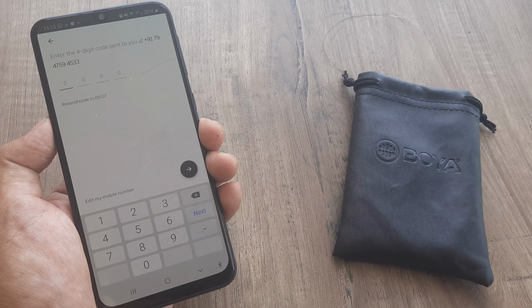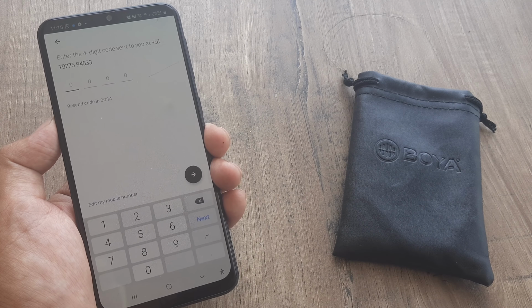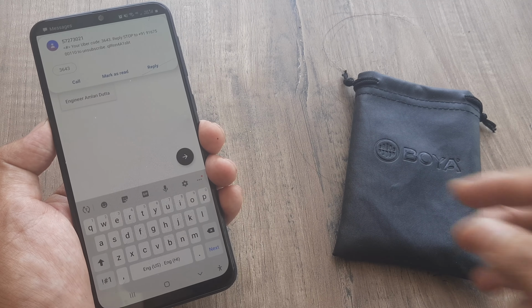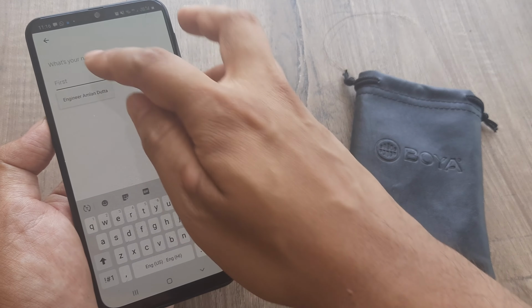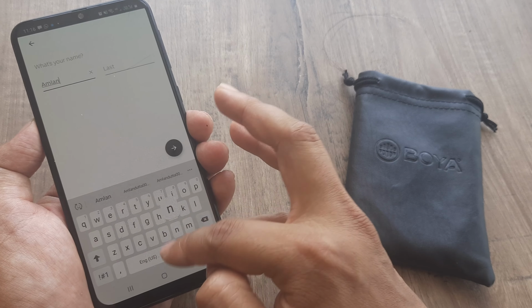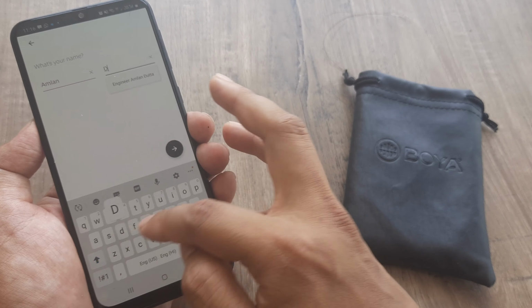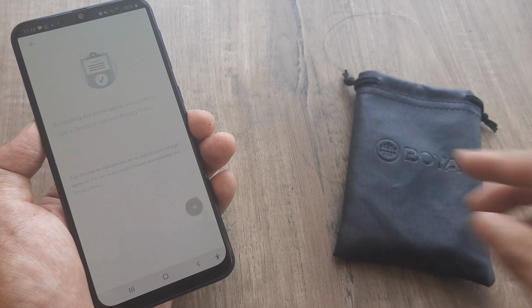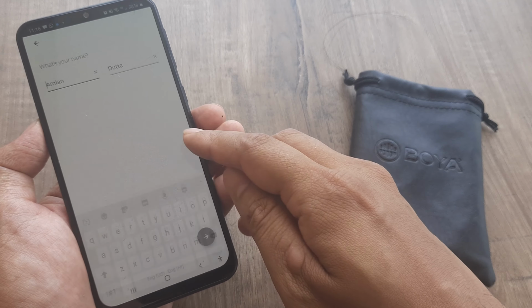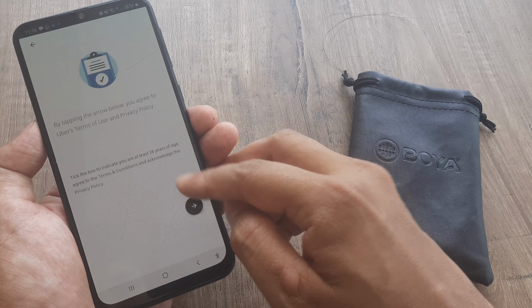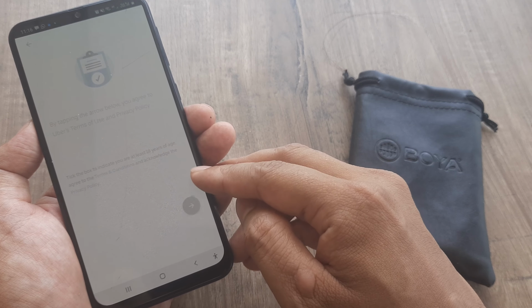So let me wait. In a few moments I will get it. There you go, it's auto detected and that's all right. So now let me put in my name. As you understand, Uber is basically a cab booking app and you use this application to book your cab rides. Agree by tapping the tick box below. Okay,